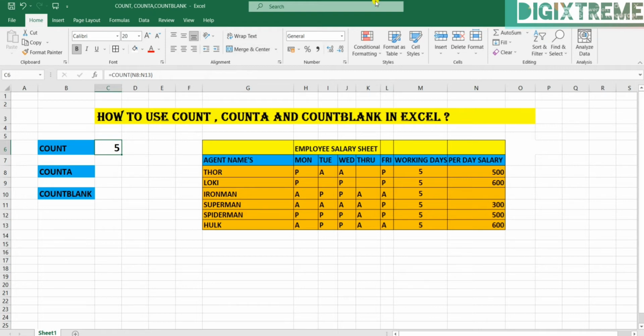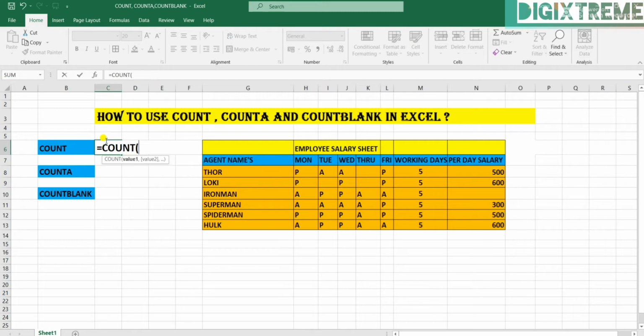with an example. You can see I have some data here, and let me put the COUNT formula here. To start any formula, as I told you before, we'll start with the equal to sign, then the formula name, COUNT.